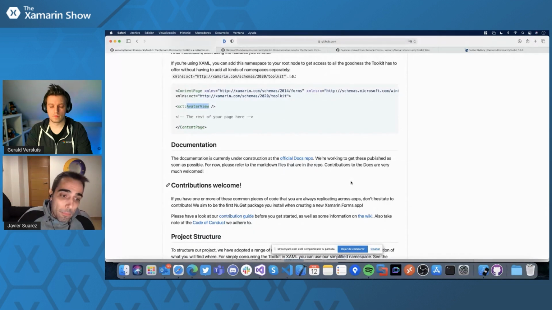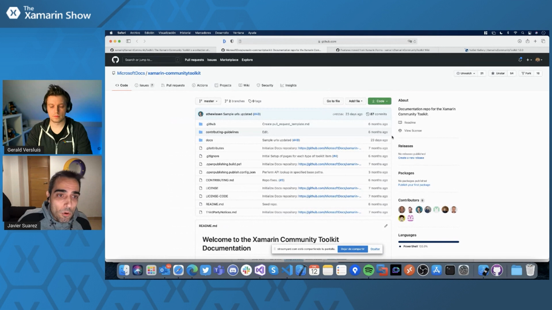There is and will be more and more official documentation. For that, there is another repo, of course. As Gerald said before, you don't need to create the new, big, amazing control in the toolkit. You are contributing just by using the toolkit and giving feedback about what works, what doesn't work, or if you want to change something. And another very, very interesting way to contribute is with the documentation.